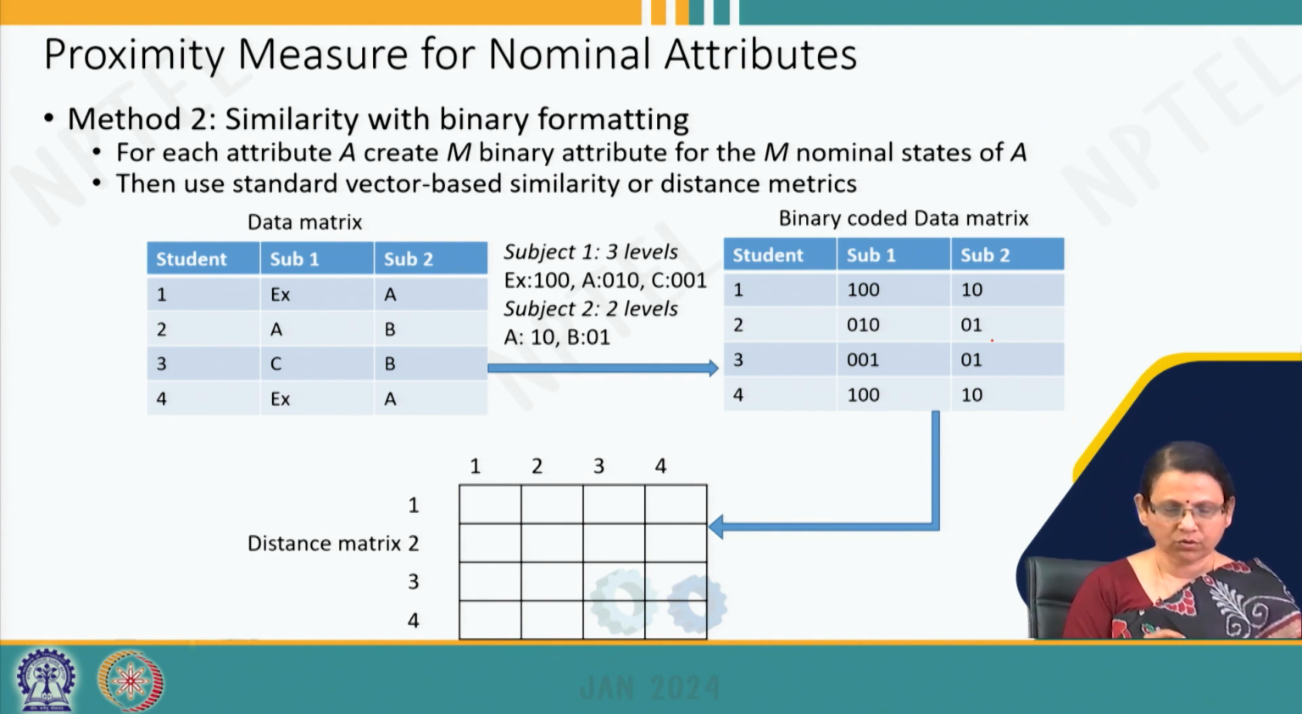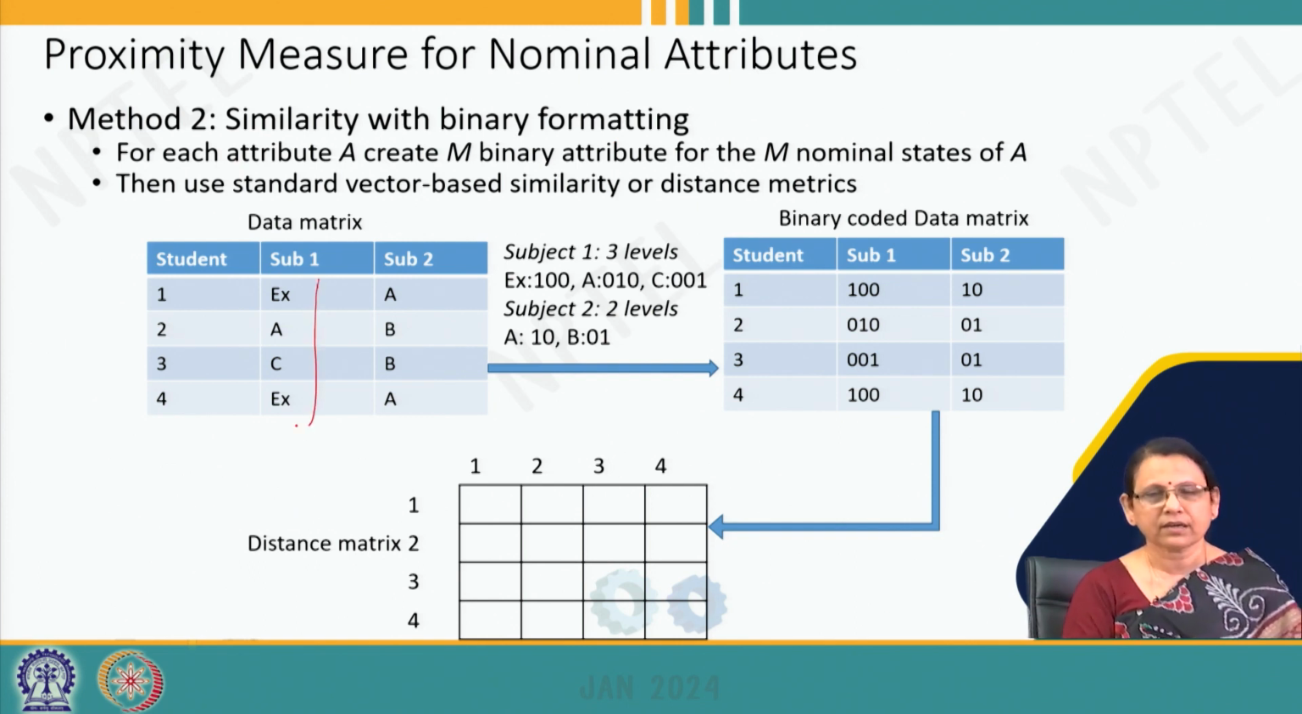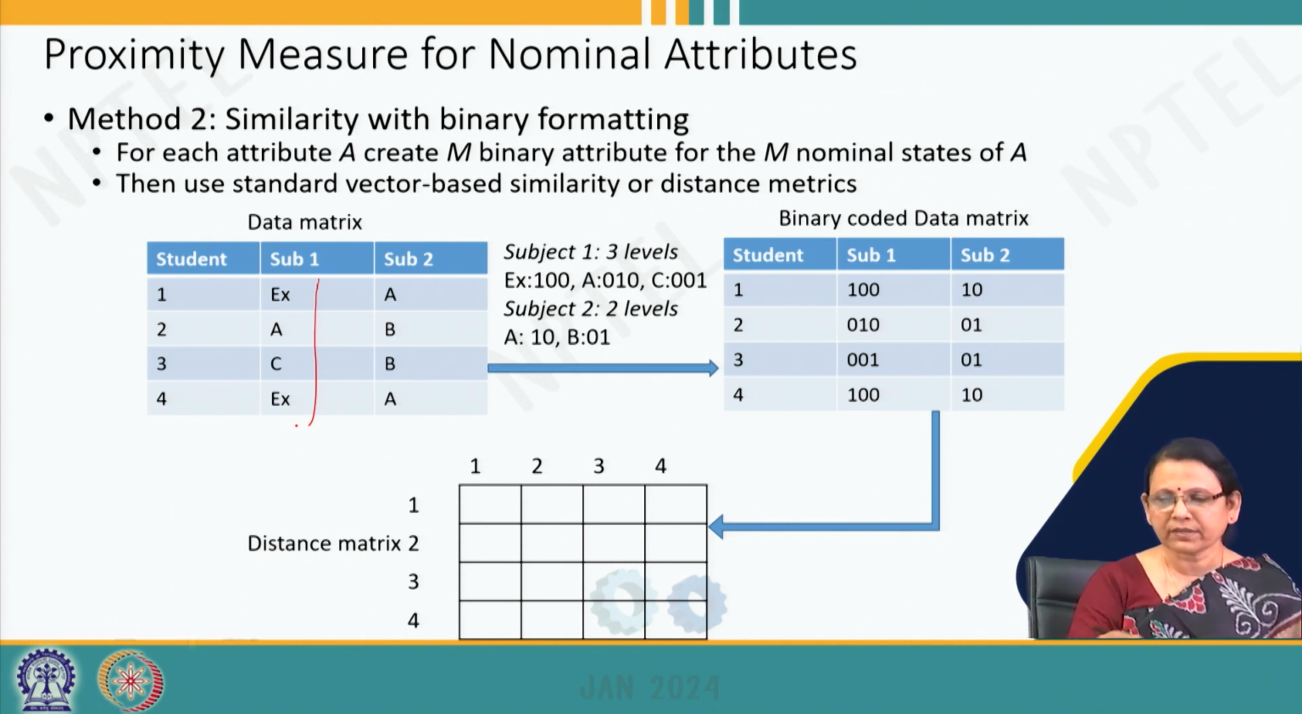To know how to convert them into numeric form, just look at this. This process is called binary formatting. So, in the binary formation, what do we do? Look at this subject 1. Subject 1 has 3 different symbols. So, what are those symbols? Ex, A and C. So, we represent it using